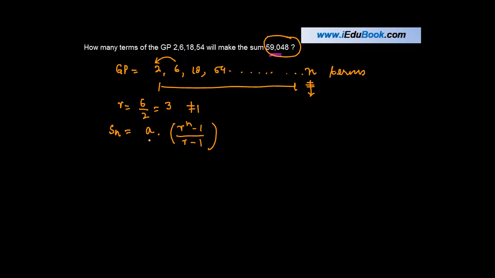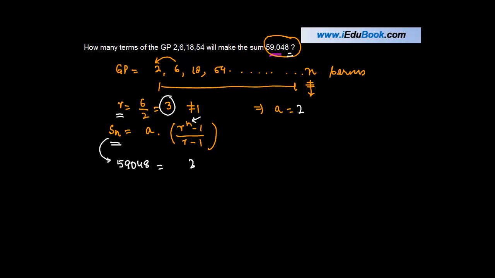Right? Now what is the value of a here? The value of a here is the first term, which is nothing but 2. What is the value of r here? r we know is 3. But we don't know what is the value of n. However, to make things simple, the sum of the total terms of the GP is given as 59,048. So you can write that 59048, which is the sum total of all the terms of this GP, is